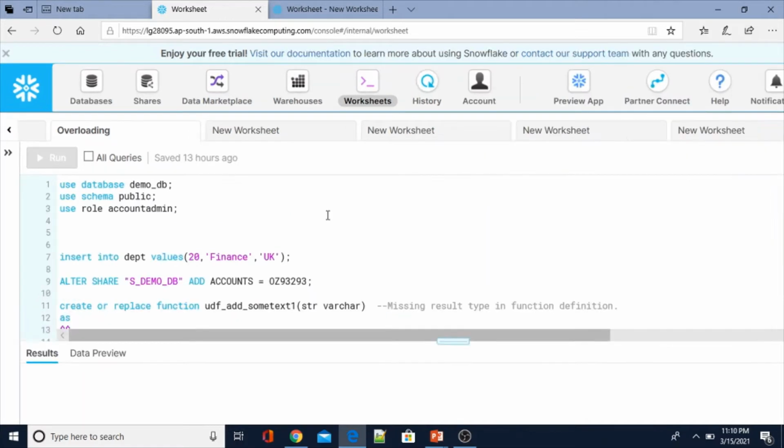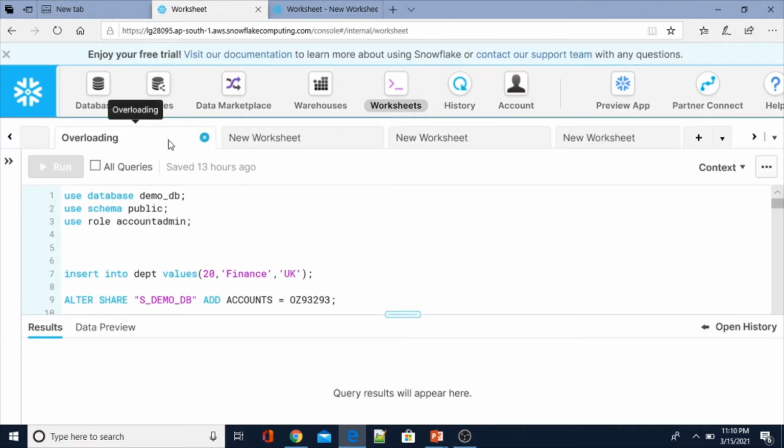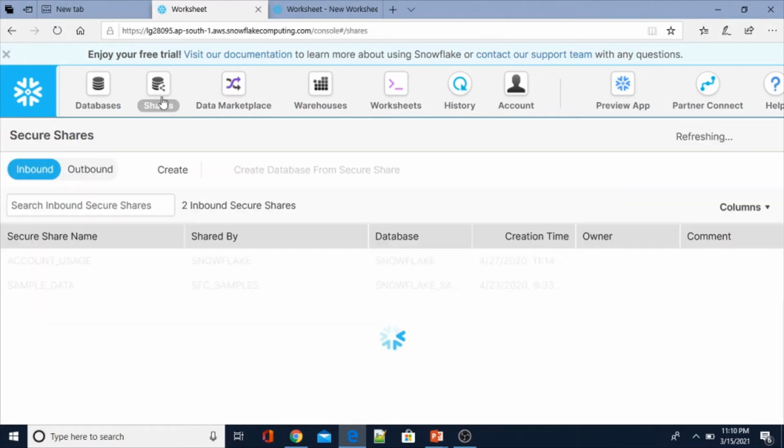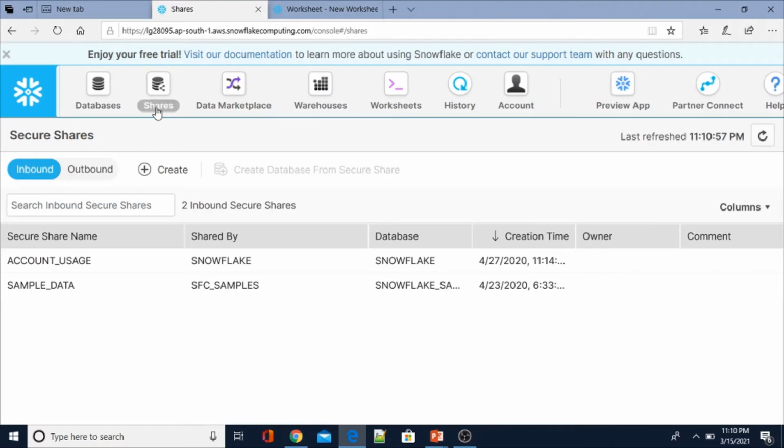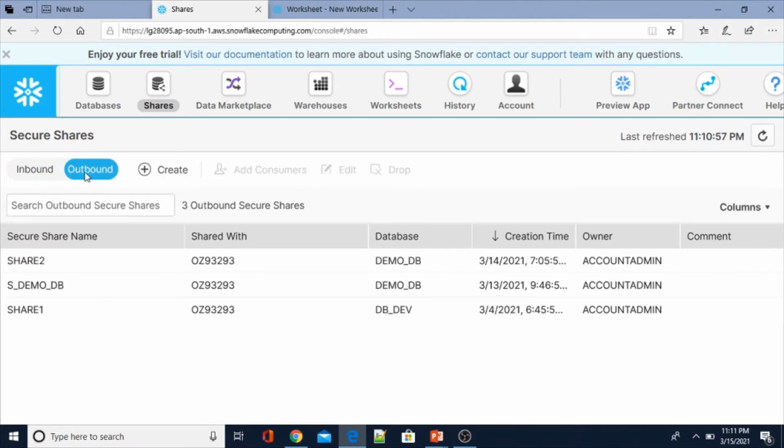Now to create a share, first you need to click on the Shares tab. Here, if you see, the moment you click on Shares, there are secure shares, inbound and outbound. So here we are going to share the database to a consumer, so you have to select the outbound option. Once you select outbound, here we have a create plus symbol.